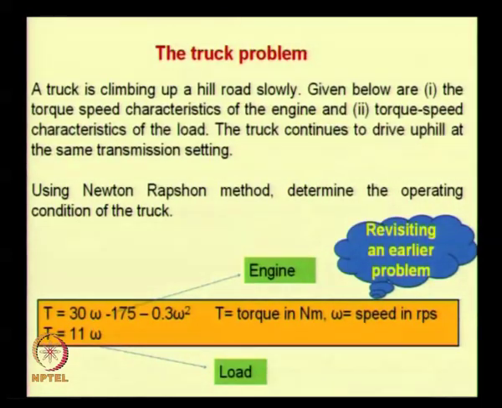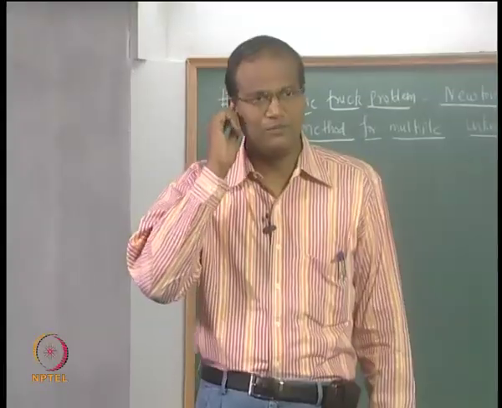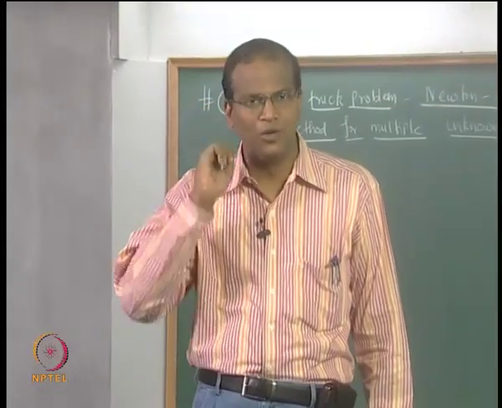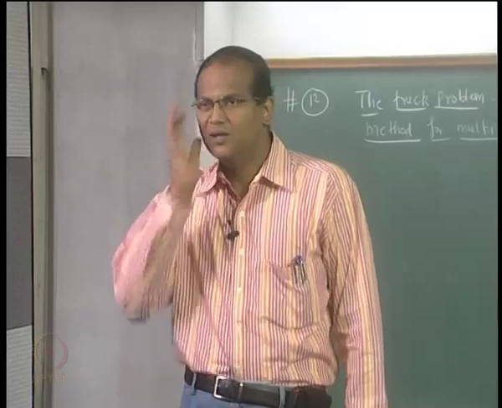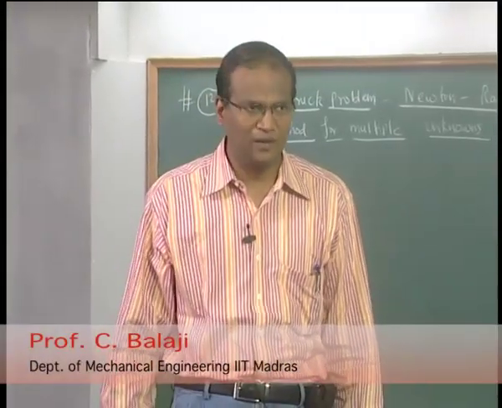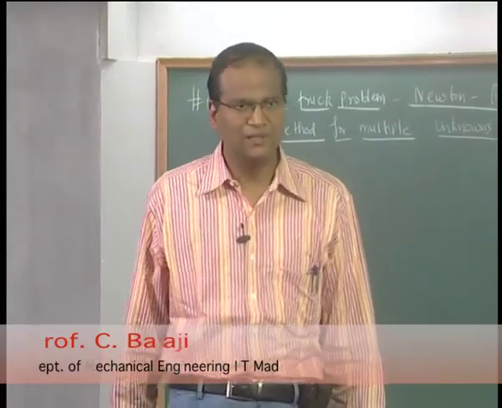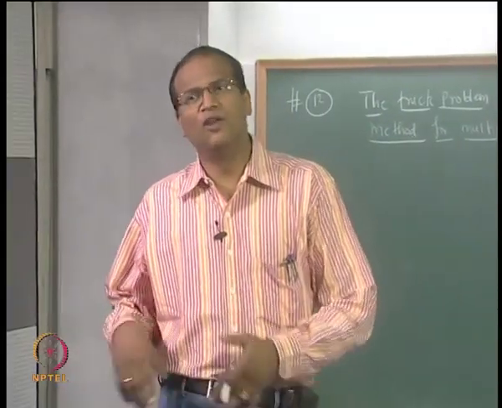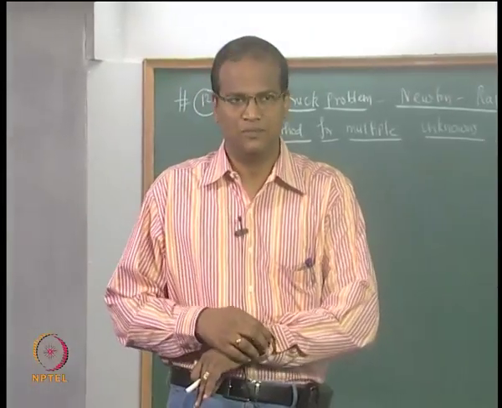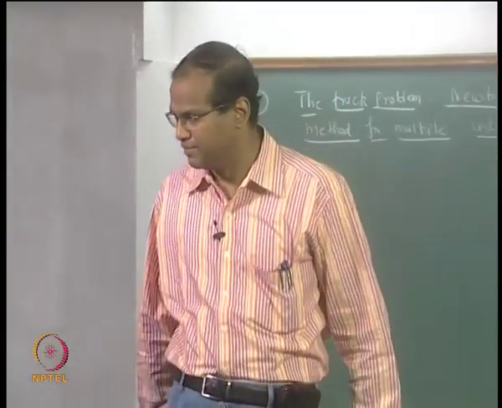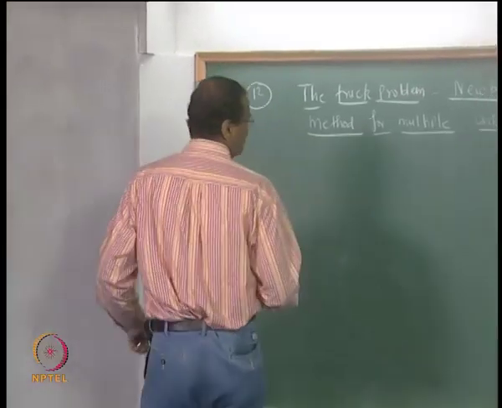So I will help you with the iteration, but after 5 minutes I will take this slide off and we will use, I need to use the full board. Okay. So all of you first write down F1, F2, take dou F1 by dou T, dou F1 by dou omega, dou F2 by dou T and dou F2 by dou omega. Many of them will be constant, one of the four will keep on changing with iteration, okay, and then you can use any technique for solving a 2 by 2 system.